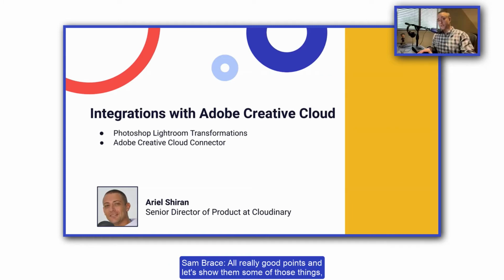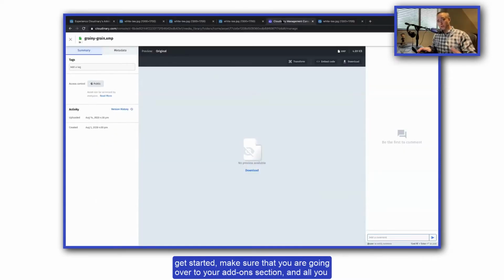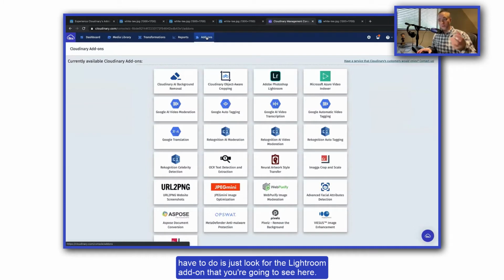All really good points. And let's show them some of those things because I think you've touched on a lot of really good highlights here. First of all, when you are in the management console, if you want to get started, make sure that you are going over to your add-on section. And all you have to do is look for the Lightroom add-on that you're going to see here. It's going to be right at the top. In my case, it's the third over.